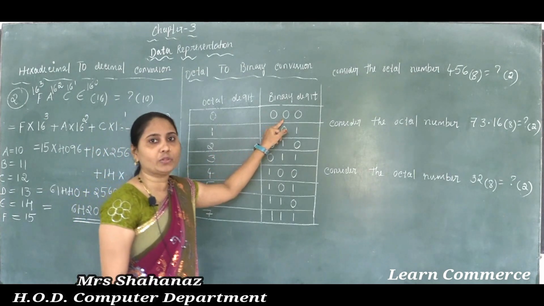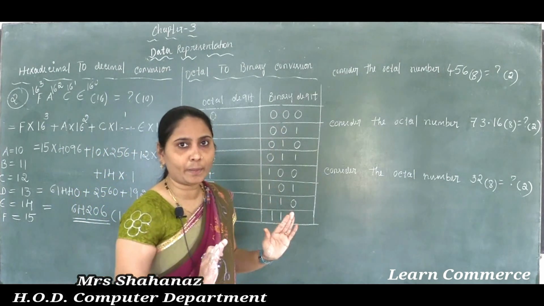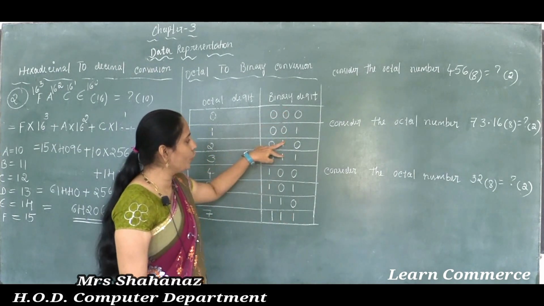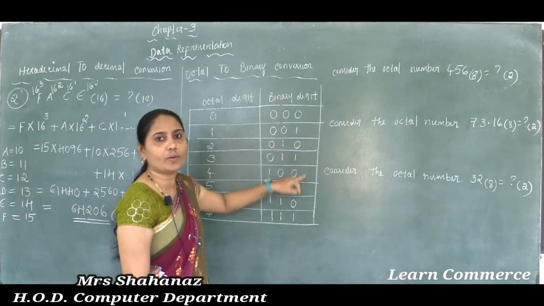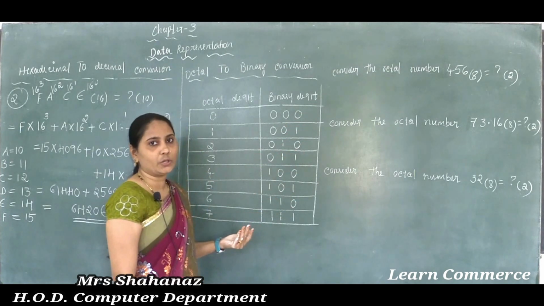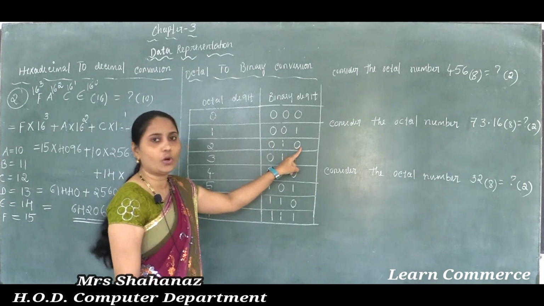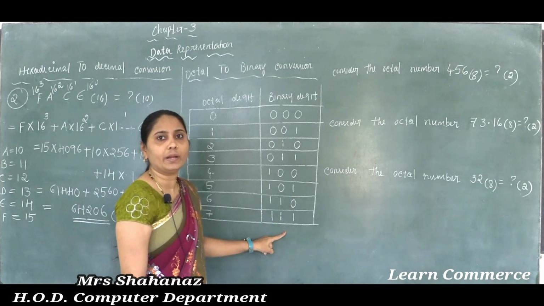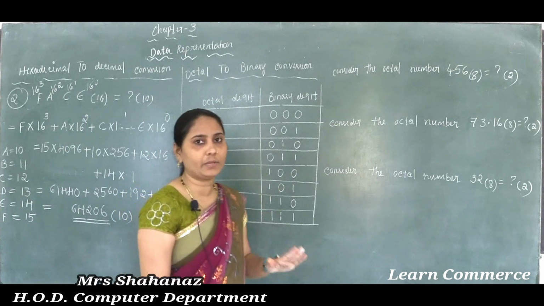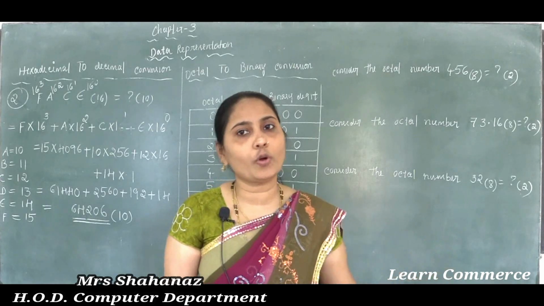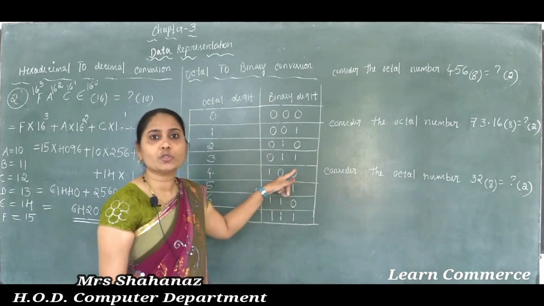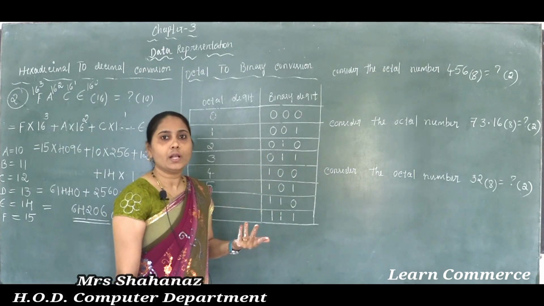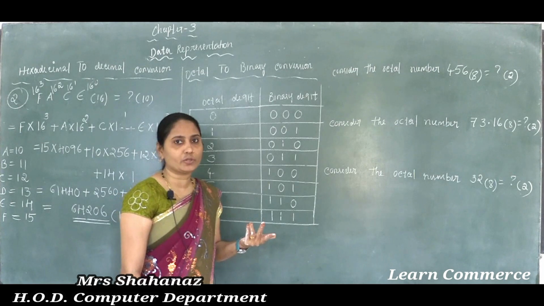So here, very easily, in a simple manner we can complete this: 4 zeros, 4 ones, 2 zeros, 2 ones, 2 zeros, 2 ones, then 0, 1, 0, 1, 0, 1. Otherwise 000, 001, 010, 011, 100, 101, 110, 111. Like that also we can complete. But the easiest way is 4 zeros, 4 ones in the first column, 2 zeros, 2 ones, 2 zeros, 2 ones in the second column, and 0, 1, 0, 1, 0, 1, 0, 1 in the third column. So this way also you can use it very easily.